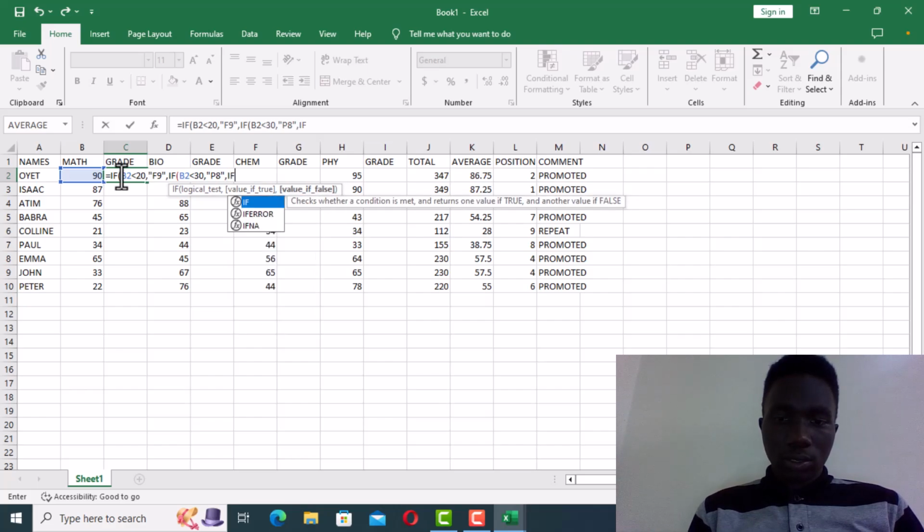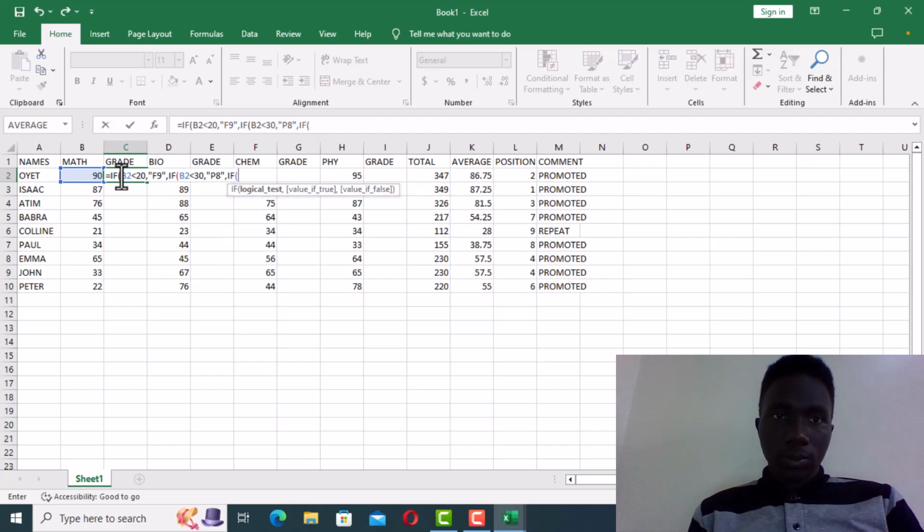you say if, open brackets, b2 is less than 40, comma, we give them the pass 7, that's a P7,